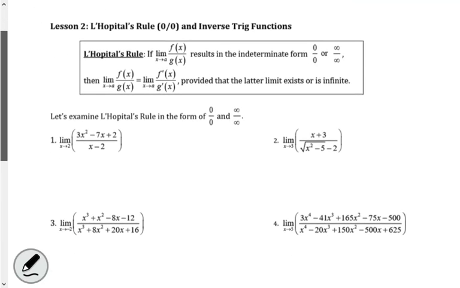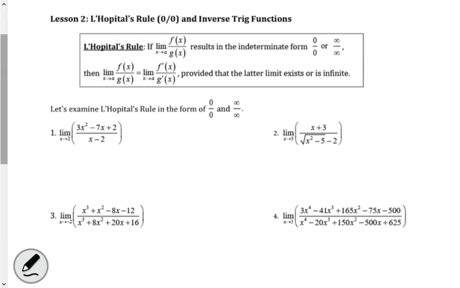So L'Hopital's rule basically says if you get one of these indeterminate forms, and later we'll work with things that aren't 0 over 0 or infinity over infinity, but if you get one of these two indeterminate forms, then what you can do is the limit of this rational function is equal to the limit of the derivatives of the two rational functions. So easier than trying to factor and remove poles. If you take the limit of the derivatives, then you can get the same answer as the limit of the